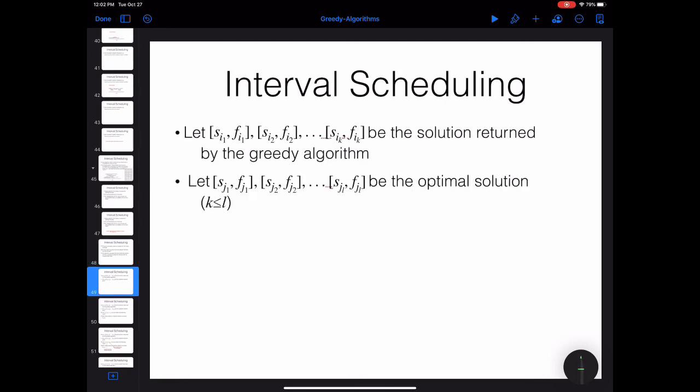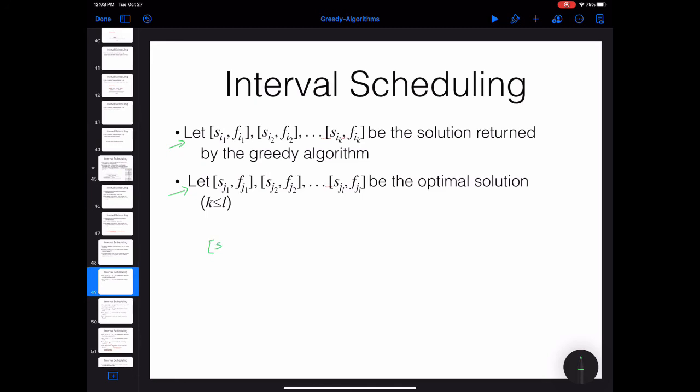So here again, let's just assume that I have an optimal answer, and I'm going to compare it with the greedy answer. I'm going to use different colors here. This is actually the optimal answer. This is the answer that the greedy algorithm gave me. I'm going to write down the optimal answer in green. Let's just write it in this way,